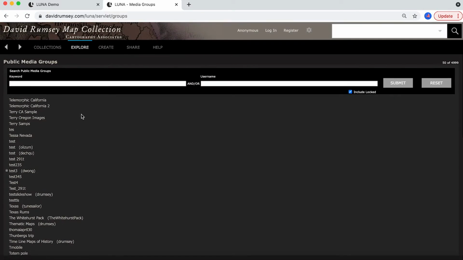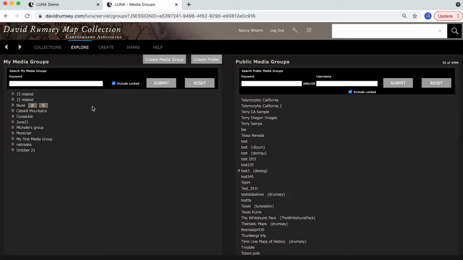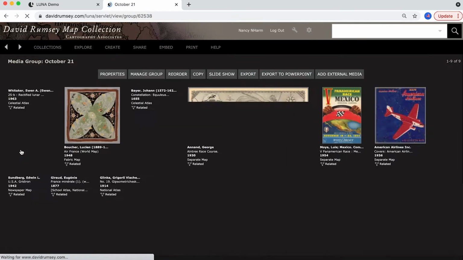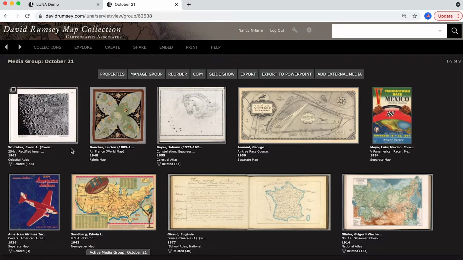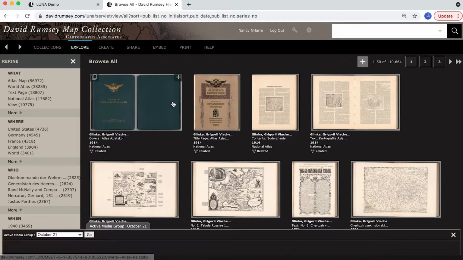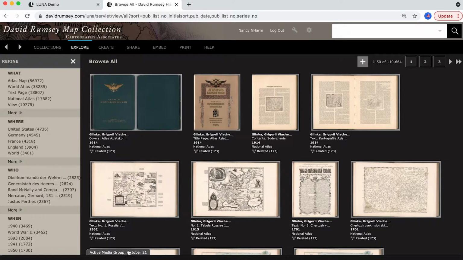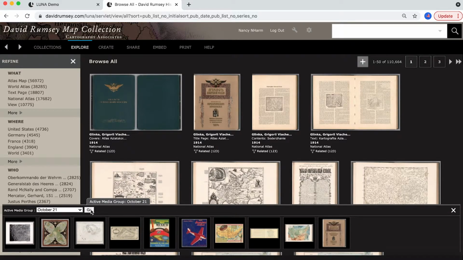There's a long list of public media groups here. What I'm going to do is log in. It recognizes me. I was just here. I already have a media group that I created. This shows my media group right now. I have 9 items in here. If I go back to Browse All and do a quick search, or I was looking at this before, I'm just going to add this item to my media group. And if I go back to my media group and open it,